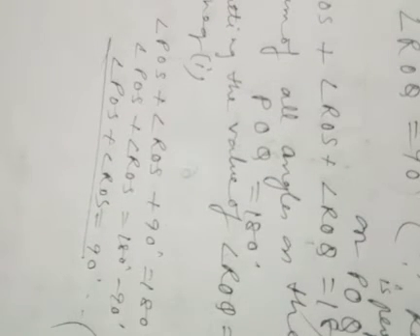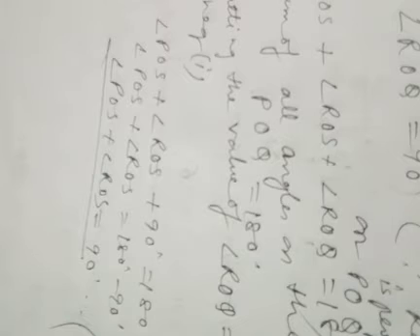Next, now see the diagram. You can see that angle QOS is equal to angle ROQ plus ROS. Angle ROQ plus angle ROS, you can say that angle QOS is equal to the sum of these two angles. So write down, angle QOS is equal to angle ROQ plus angle ROS. Give this equation another name, equation number 3.